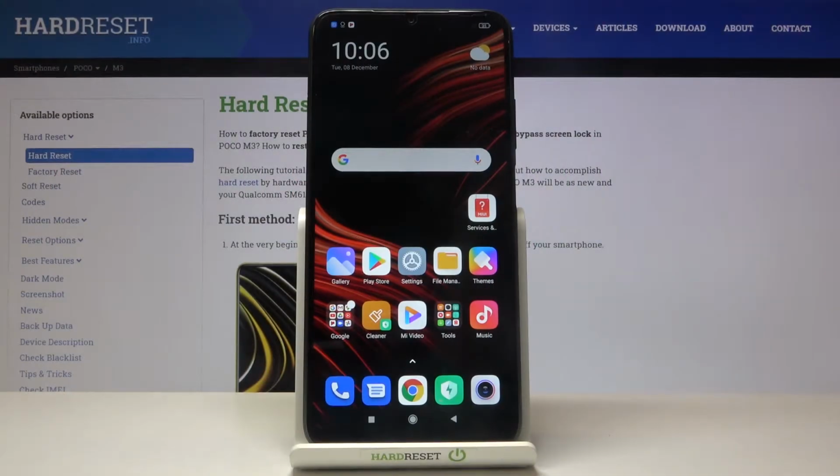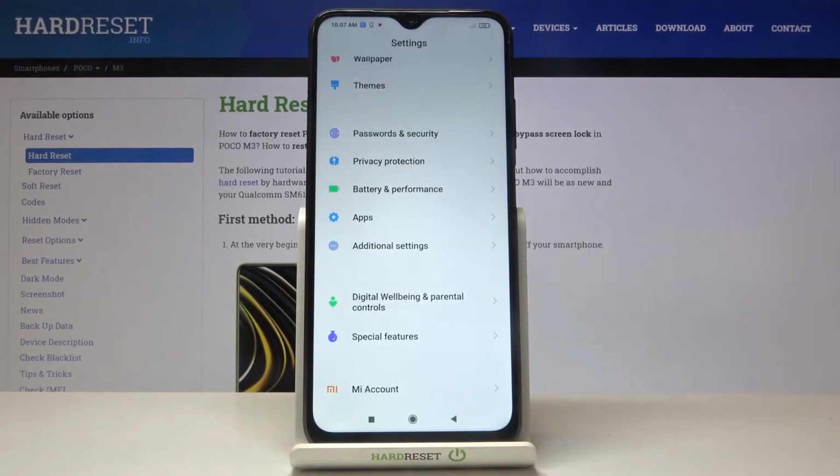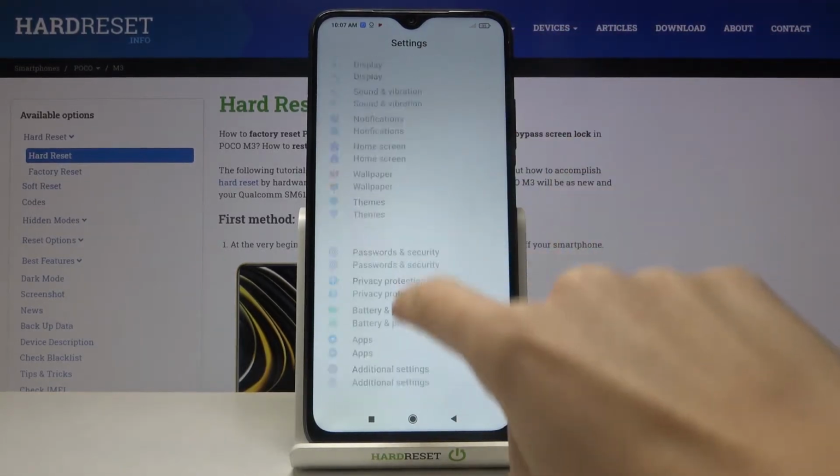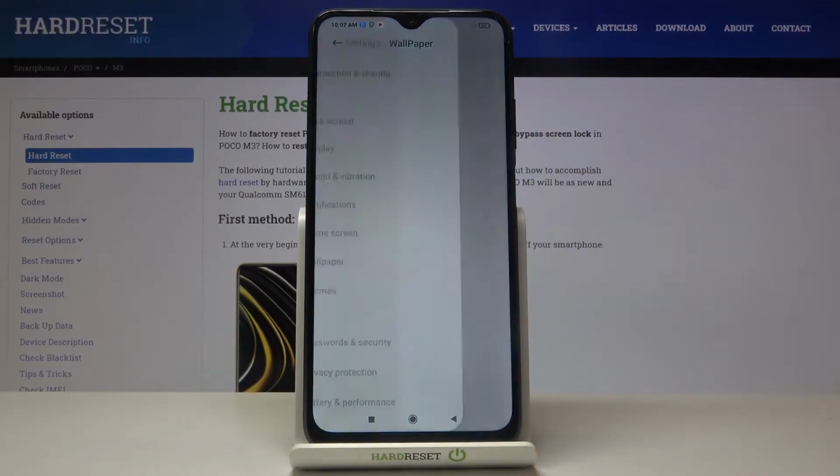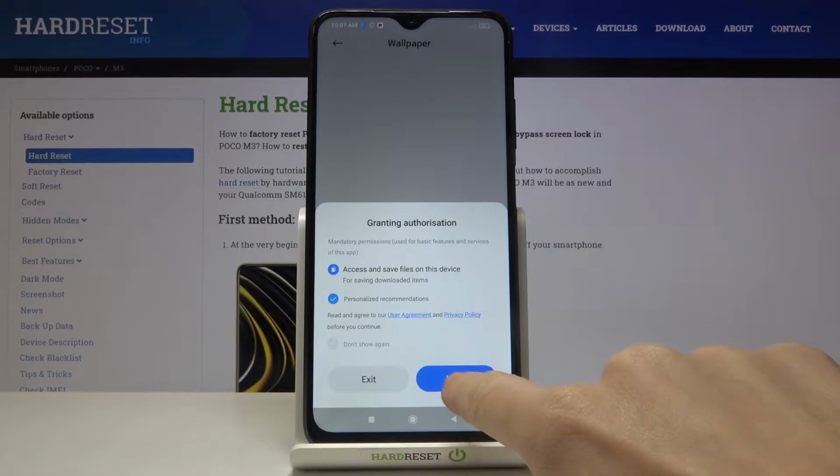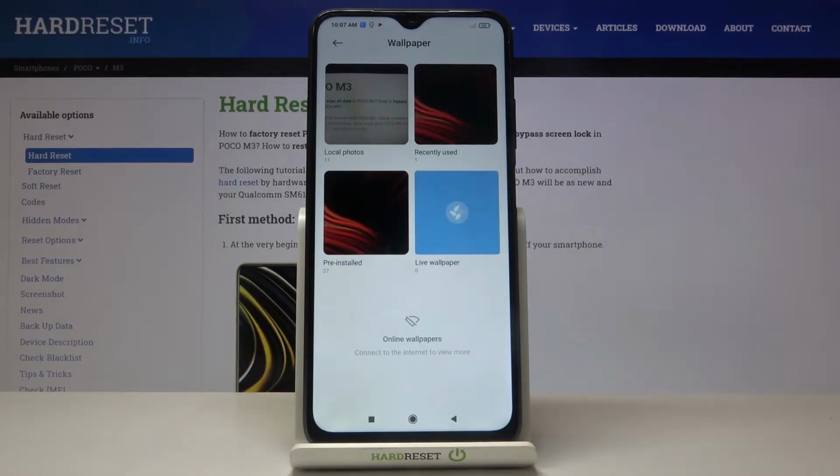In front of me is POCO M3, and let me show you how to change wallpaper on the following device. So first of all, you need to reach the settings, then find and select Wallpaper tab. Tap on Agree to grant the authorization, and now just select the picture that you would like to cover your